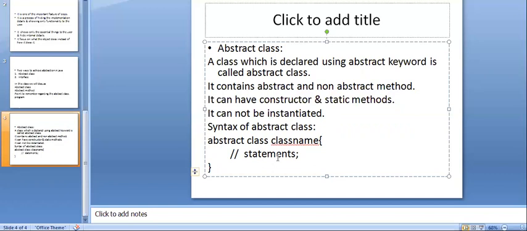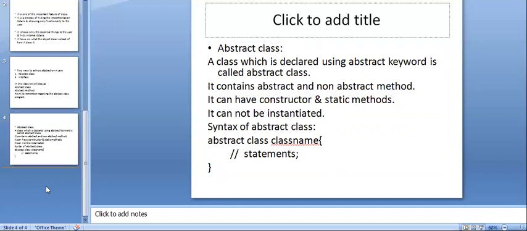We have opening braces, some statements that define the abstract class, and then we close it.